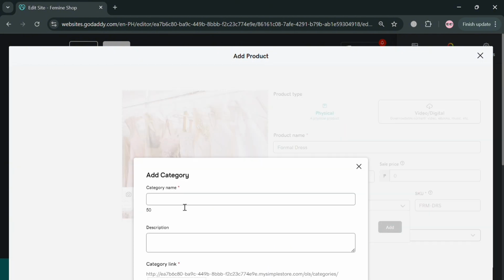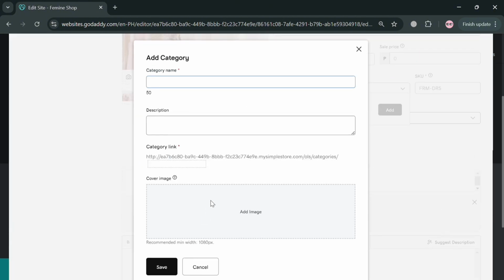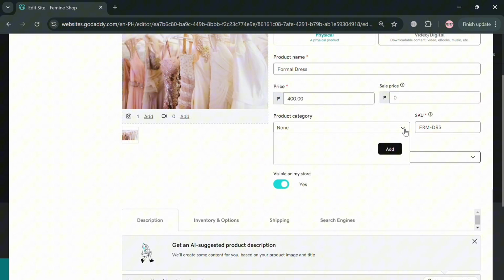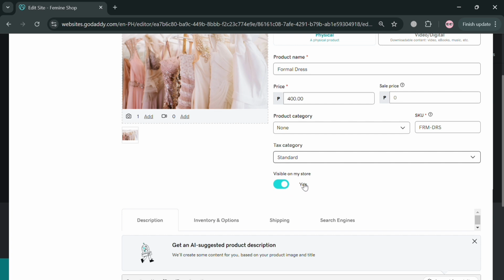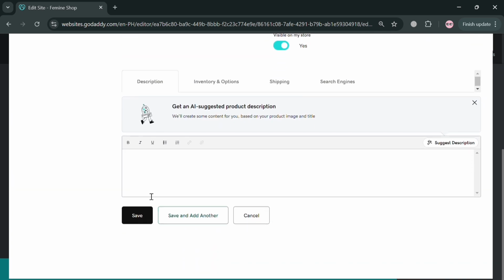Now moving on under this category, you can simply enter here a category if you want to, such as the description of it, but that is just only optional. Moving on, you could also choose a tax category. We have here digital product, standard, and even non-taxable. Then below here, make sure to turn on this visible on my store in order for the product to be seen